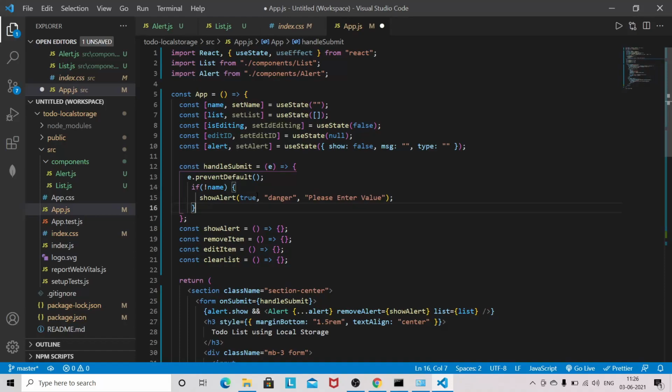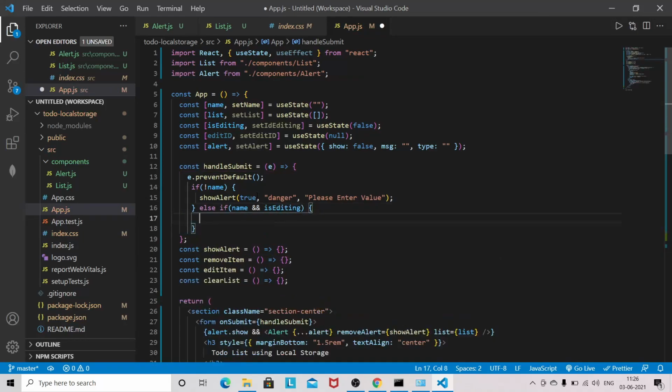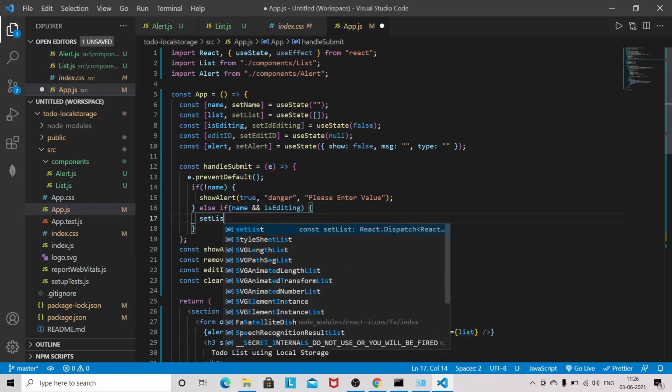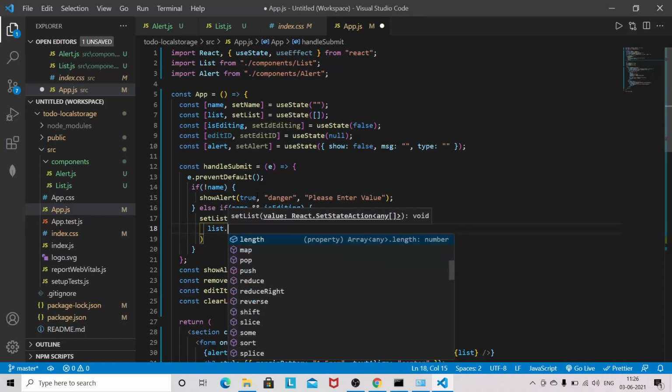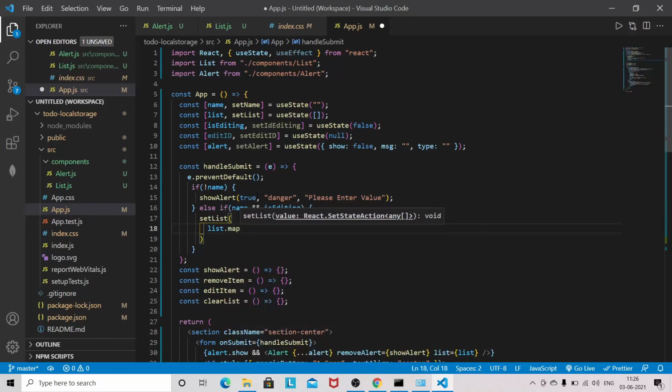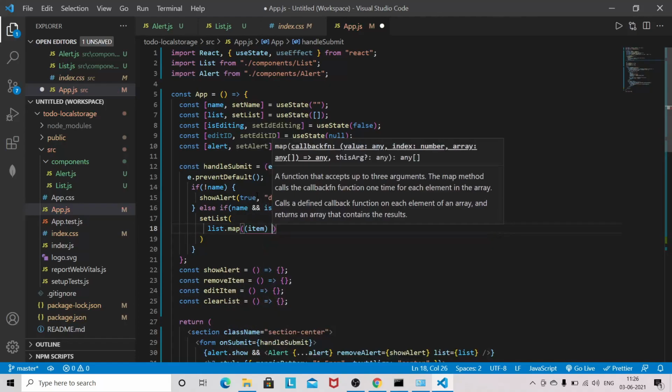And else if name and isEditing, setList, then list.map item.